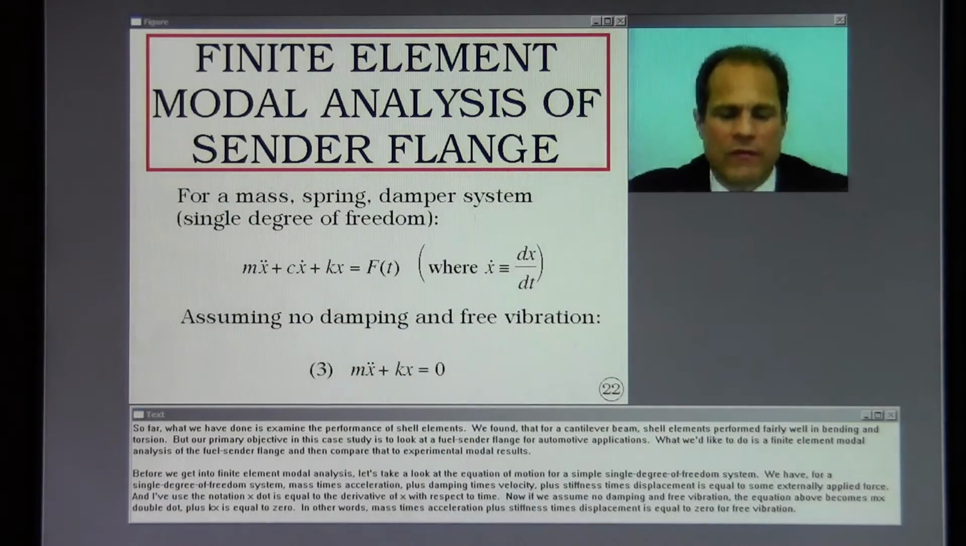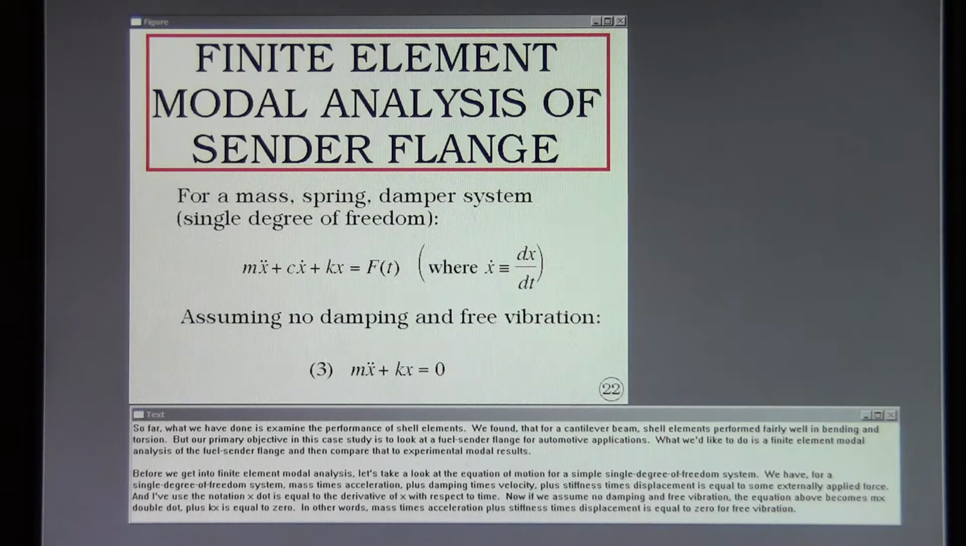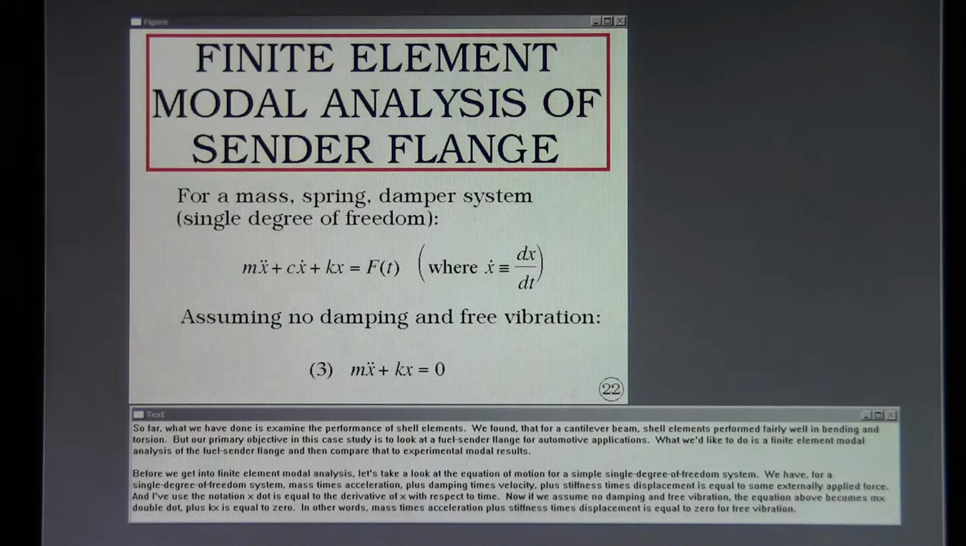So far, what we've done is examine the performance of shell elements. We found that for a cantilever beam, the shell elements perform fairly well in bending and torsion. But our primary objective in this case study is to look at a fuel sender flange for automotive applications. What we'd like to do is a finite element modal analysis of the fuel sender flange and then compare that